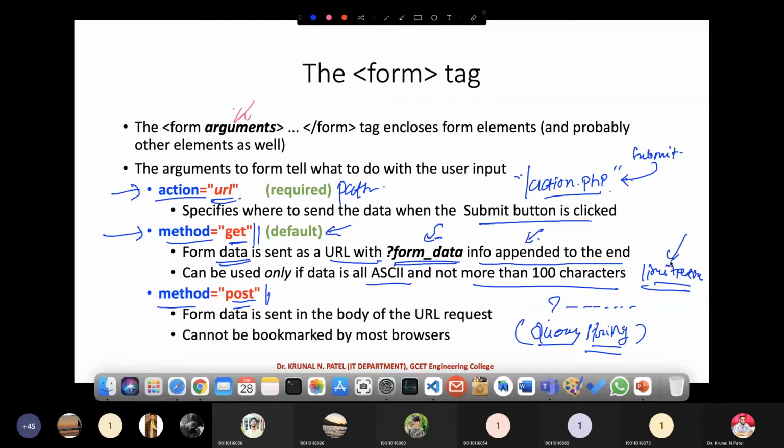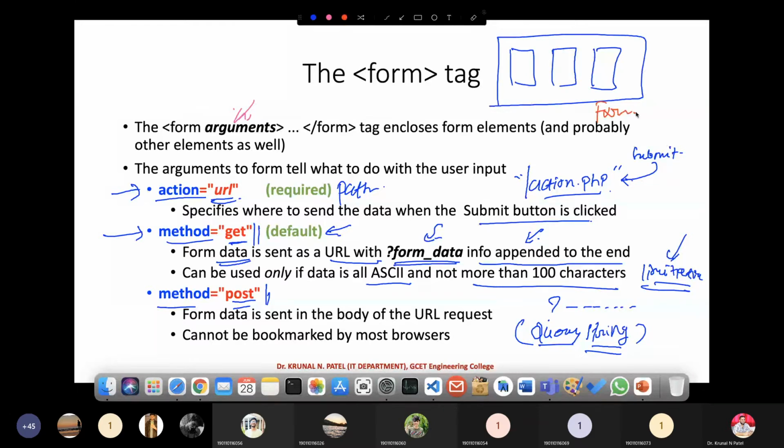If that registration form is also connected with another form, so if you have observed, there are sections of forms. This is one section, this is another section, and this is a third section. This is the overall form. This is your form, and in that form, this is section 1, section 2, and section 3: basic information, educational information, and work information. Suppose this kind of form is there.